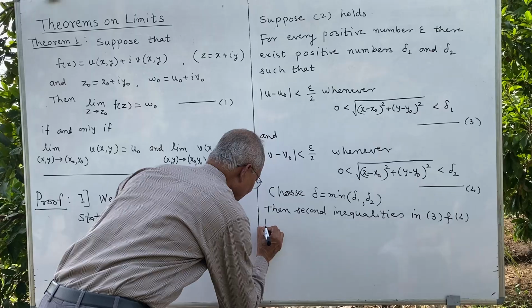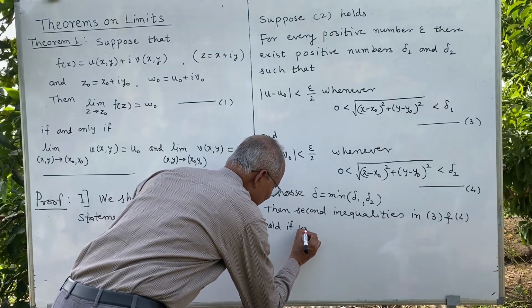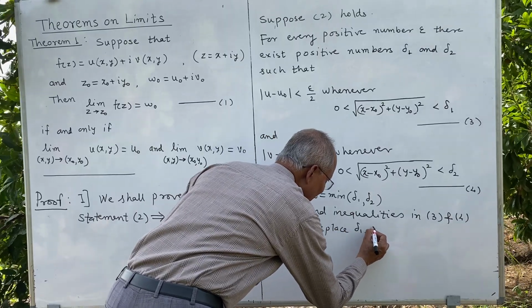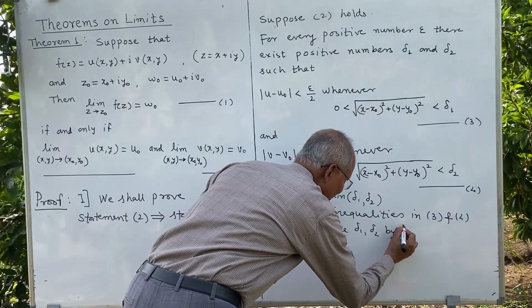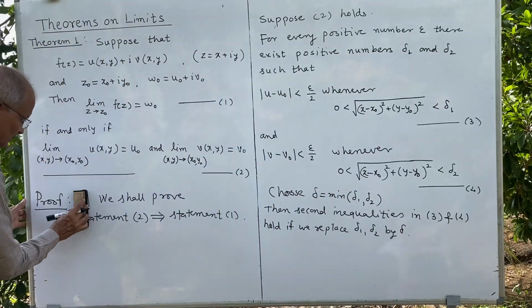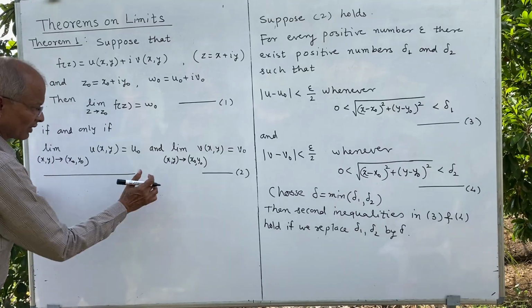Holds if we replace delta 1 delta 2 by delta. This is because if we have this as delta 1 and delta 2, it is a neighborhood of this